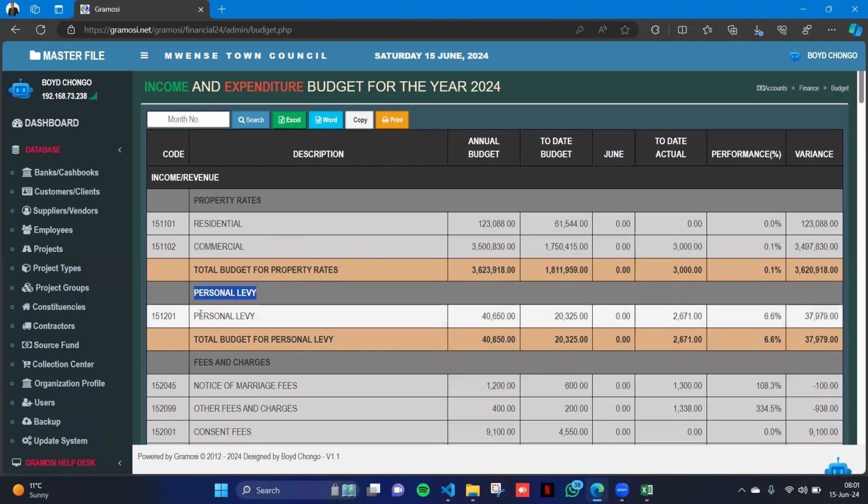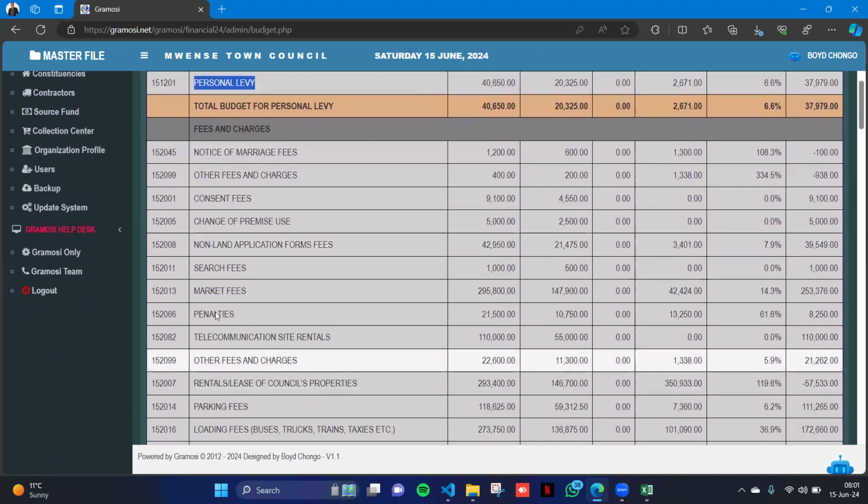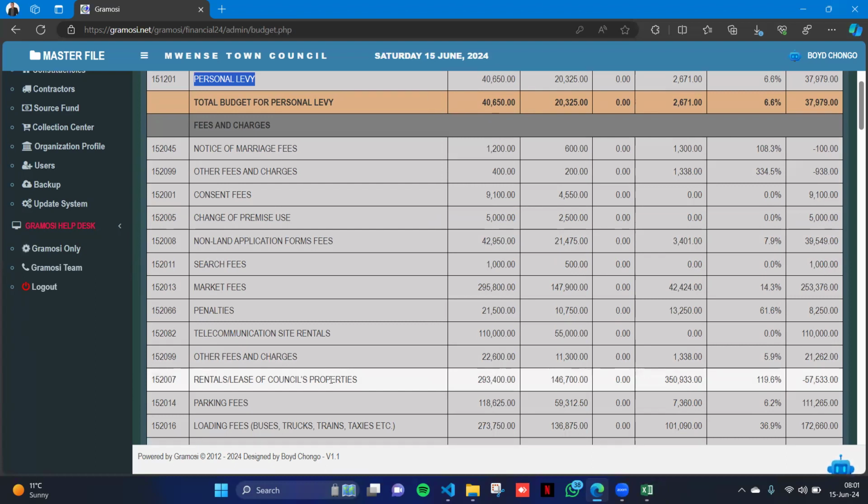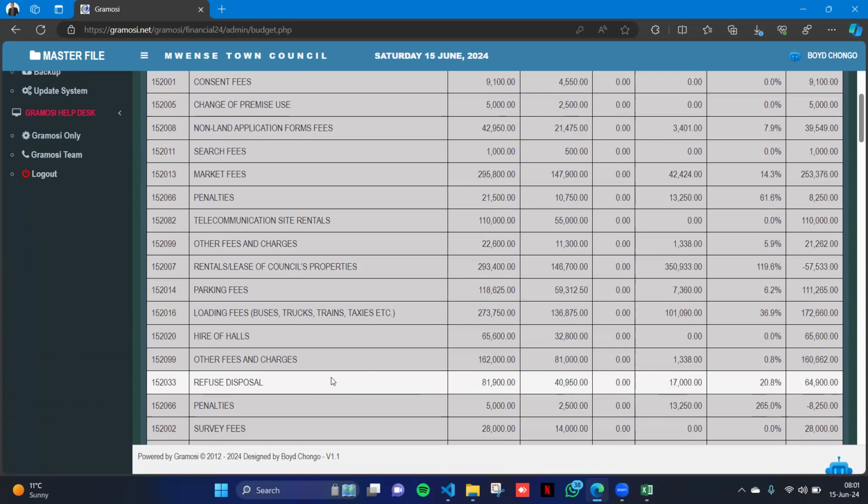Under the personal levy program, there is only one activity, which is personal levy. When we go to fees and charges, there are a number of things: notice of marriage fees, other fees and charges, consent fees, change of premise use, search fees, market fees, penalty fees, telecommunication sites, parking fees, loading fees, and this is a hire